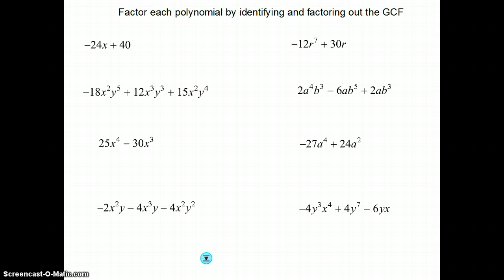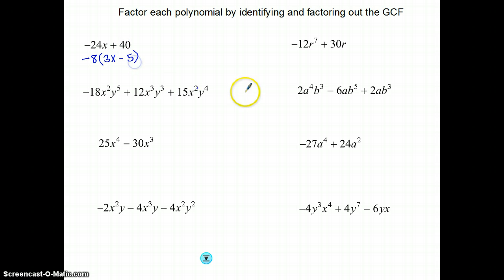greatest common factor. For this first polynomial, notice my leading coefficient is negative, so I do need to make sure that my greatest common factor is negative. Between 24 and 40, I can take out a greatest common factor of 8, and they do not have x's in common, so I may not take out an x. Dividing by negative 8 leaves me with a positive 3x, and dividing by negative 8, my positive 40 becomes a